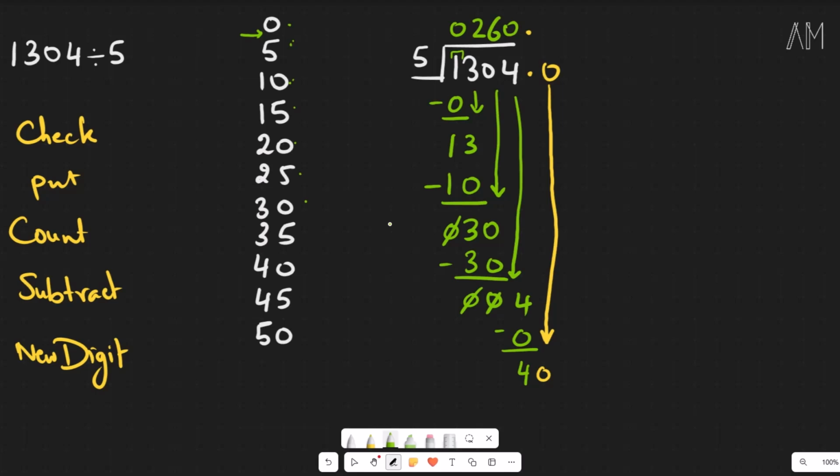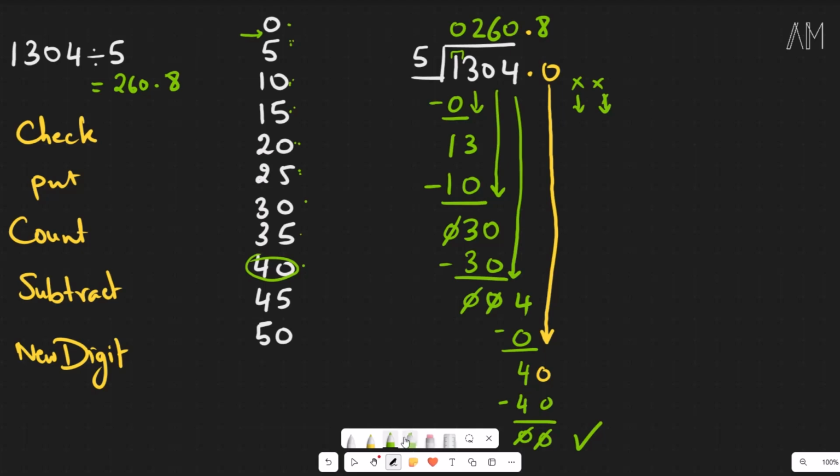So now we have 40. Let's check again in the list. Well, 40 is in the list. I will put it. Count till 0, 1, 2, 3, 4, 5, 6, 7, 8. So there you go, 8. Subtract. The remainder is 0. Very good. That's what we want. So the remainder is 0. No more digits to call down. So I am done. And the final answer for this division is